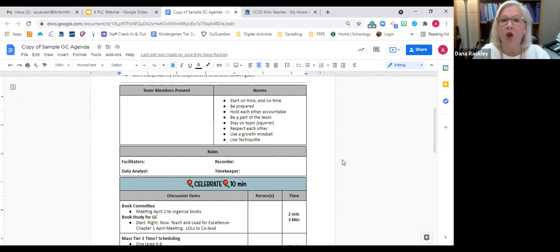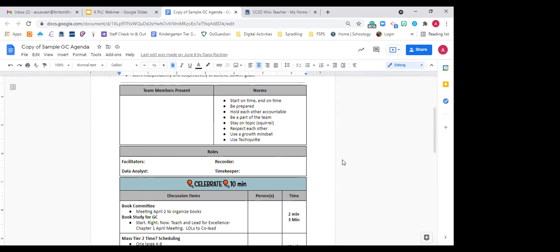We want to remember that we are part of a team. We're all in this together. We all went into education because we want to support children. We want them to grow. We want them to learn. We're all on that same team. We want to stay on topic. We put squirrel in parentheses, and we've had to throw the word squirrel out a few times. If we start, here's our topic, and you know how it goes. Somebody will just holler out squirrel, and we bring it back.